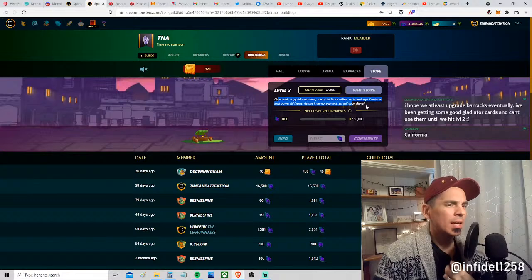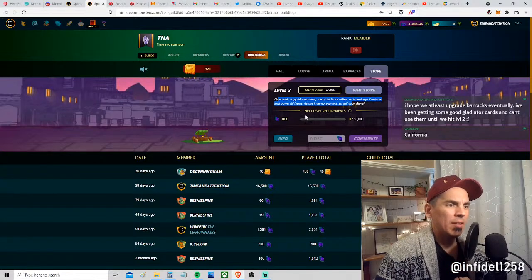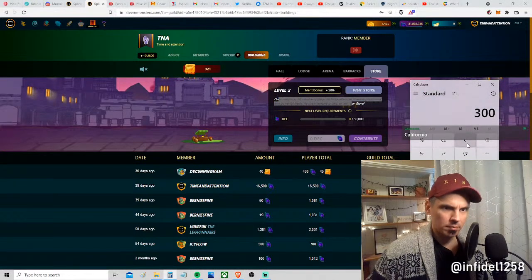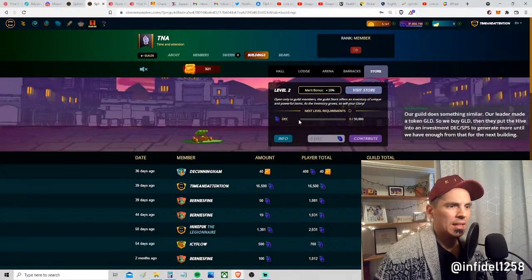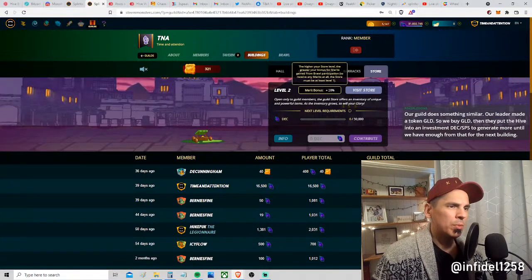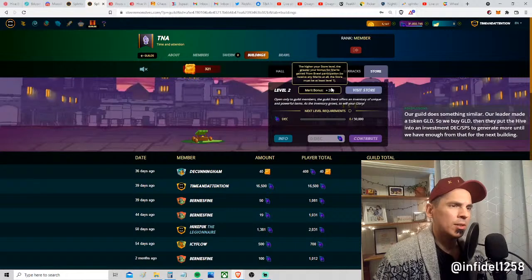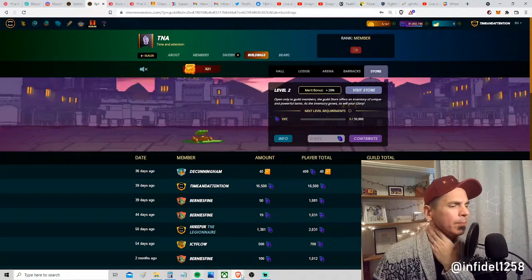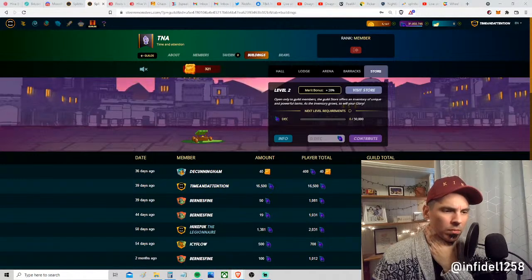It's only open to guild members yet, so we could pay for the DEC to get the store to level 2 now, but what is that? 30,000 times 0.005. It's $150. Now we have it, and that's why we collect fees. But then this is a 20%. The higher your store, the greater your bonus for merits from the brawl. To receive any merits at all, the store must be at level 1. So everybody's already getting merits. I don't know what the advantage there would be.